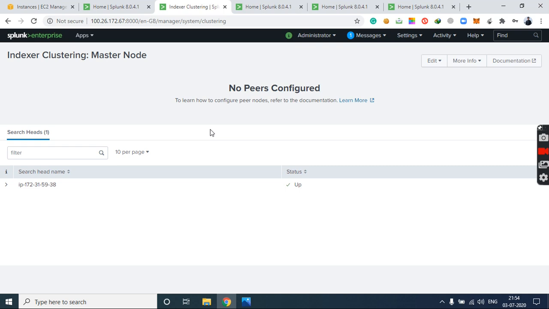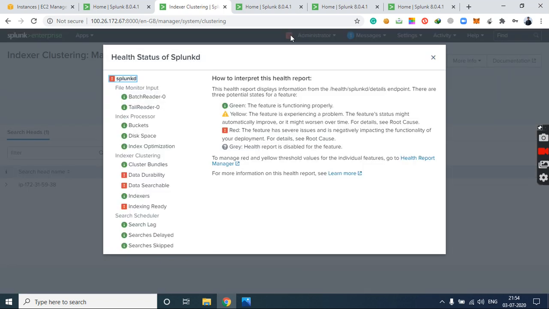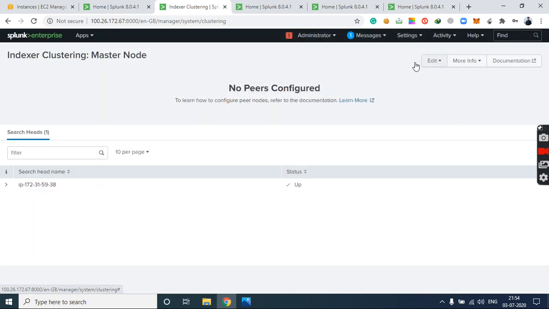Now we have to go into the peer nodes and add each of them. You can see there's an error in Splunk, data security indexing ready, and this error is coming because we have not added the peer nodes into the replication factor. Once we add the peer nodes, this error will be gone, so don't worry.